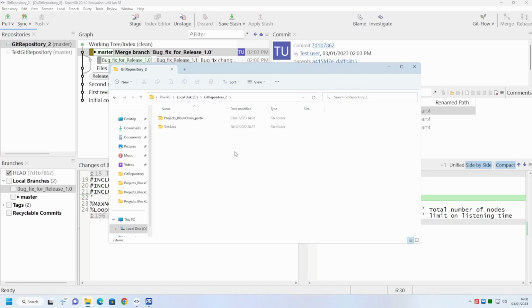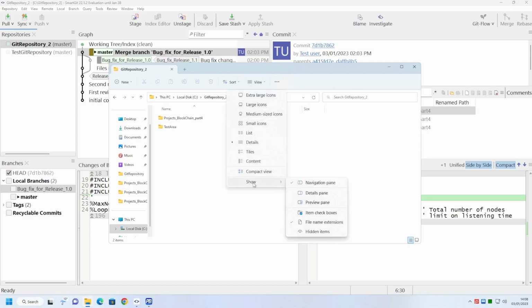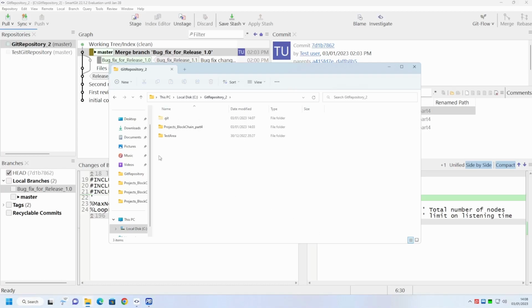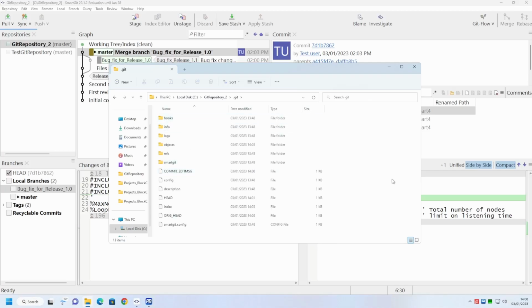Once we have opened up this folder, if you go to the View option on the ribbon toolbar, select Show and Hidden Items. You will see there's a hidden folder which appears called .git. If you go into that folder, you will see this is actually your Git repository.